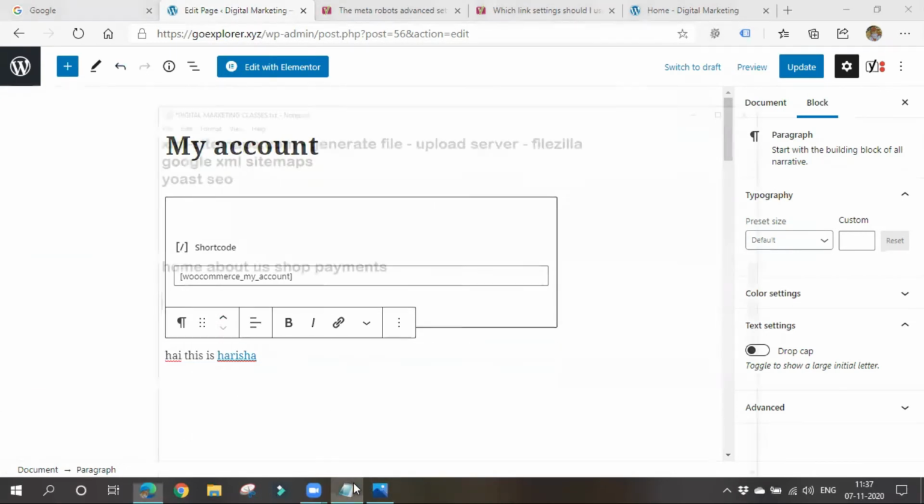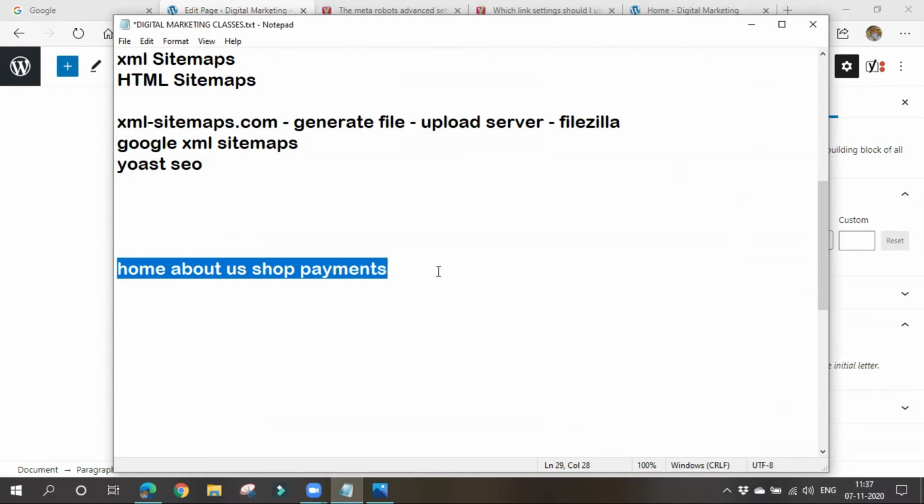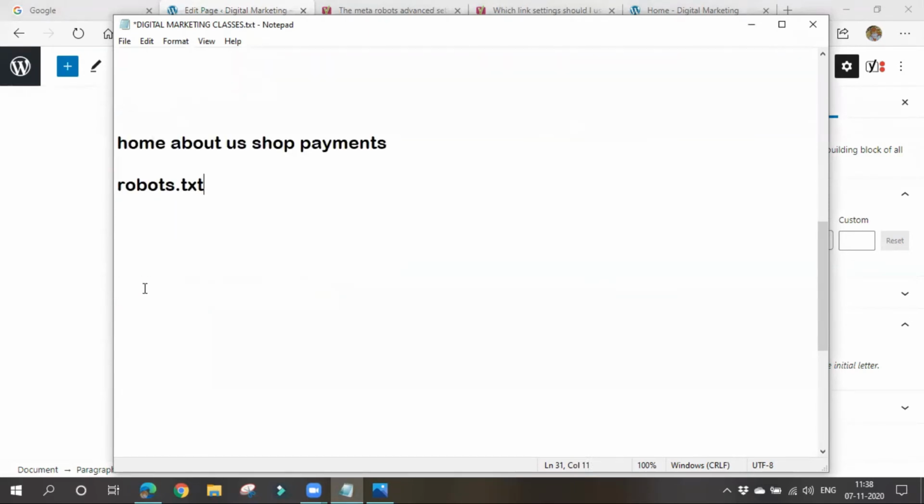So now we have told Google. With the help of some options in the Yoast SEO plugin, we have told Google which pages should be crawled and which things should not. Now we have to tell the server also what should be crawled and what should not. For that, we have to create a file called robots.txt. Don't worry, there is no need to write anything by hand, because there are generators for everything. We create this text file and then submit it to the server.